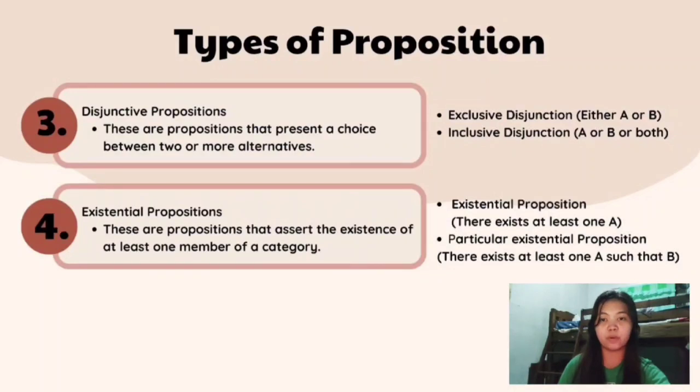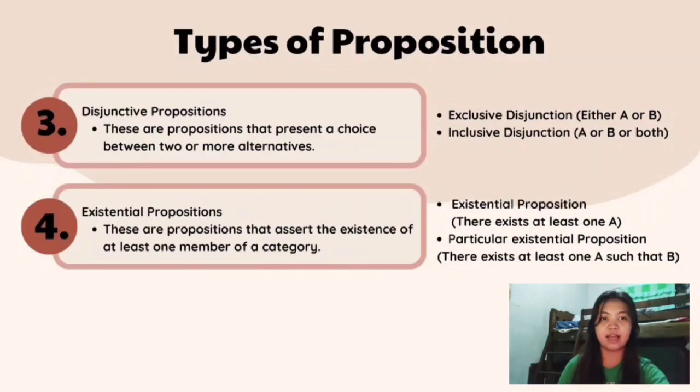A or B or both is a disjunctive proposition that asserts that at least one of the alternatives presented is true. For example, the event will be held on Saturday or Sunday, or both. And lastly,